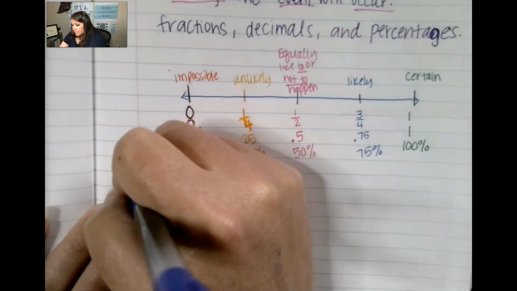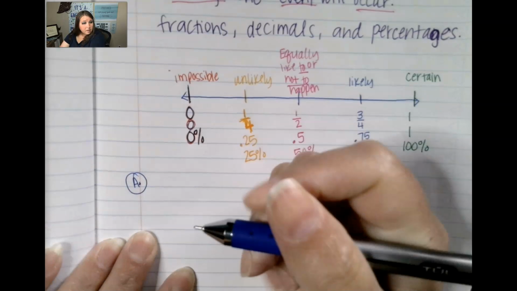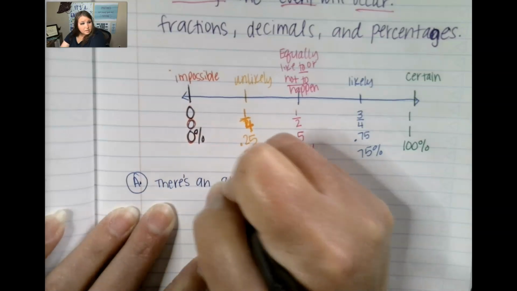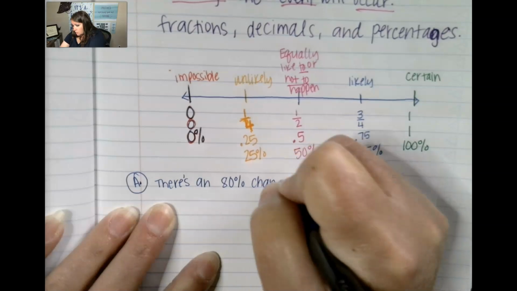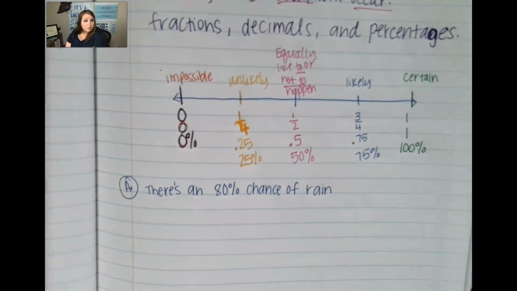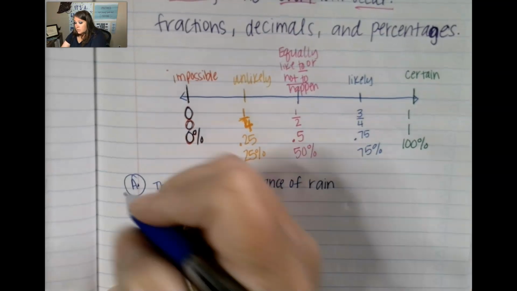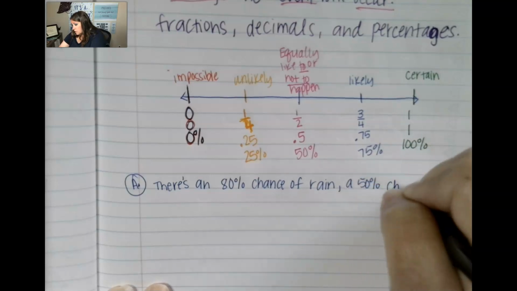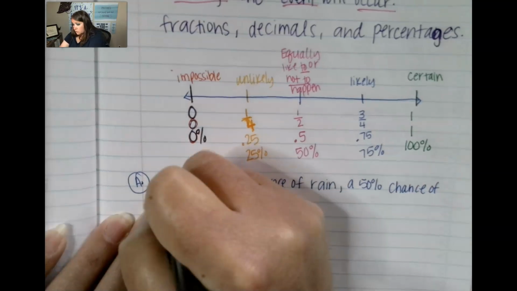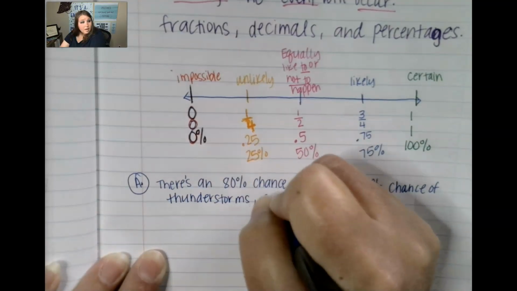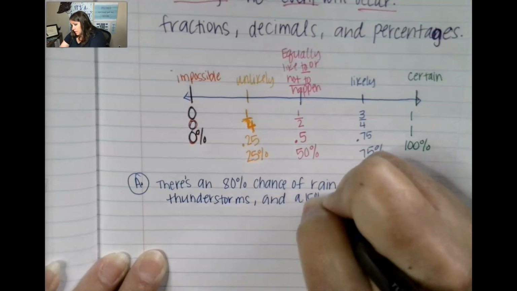So example A says to describe the likelihood when there's an 80% chance of rain, 50% chance of thunderstorms, and a 15% chance of hail. So this is the experiment here. There's an 80% chance of rain, a 50% chance of thunderstorms, and a 15% chance